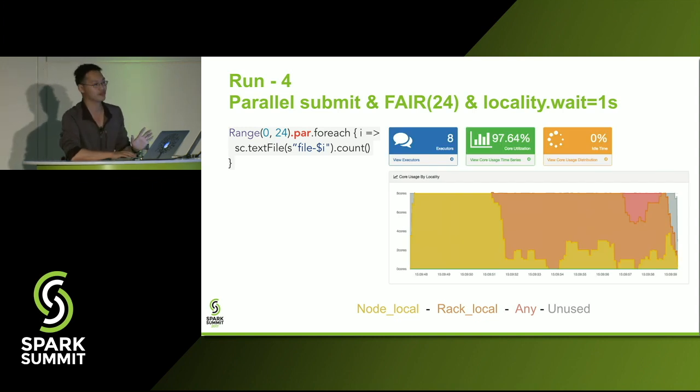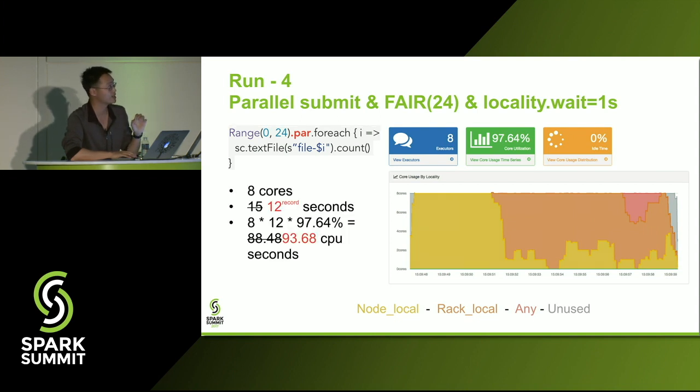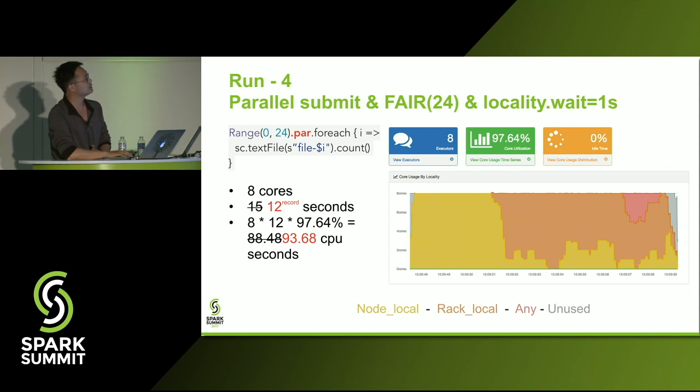That's the most beautiful graph I've ever seen so far in my demo. So we have almost 100% utilization, actually 97%, with a little red area on it, but they don't impact your total execution time a lot because if you're not running these jobs in any locality, you're going to waste them. So we have a record low 12 seconds execution time, and then the total CPU seconds has increased